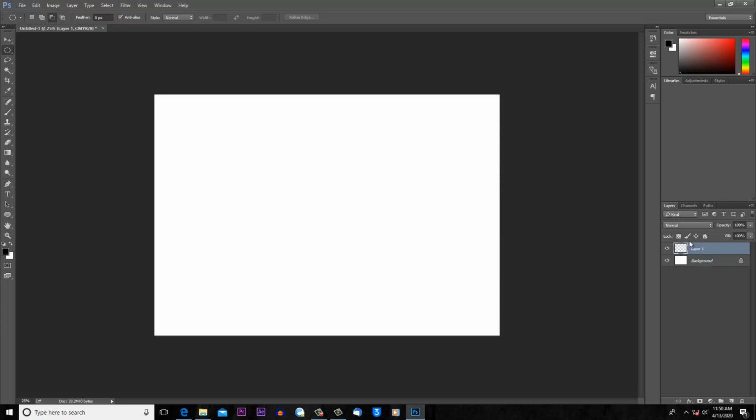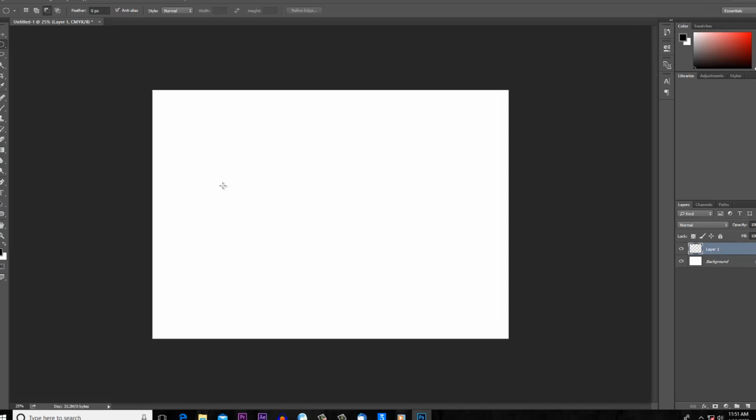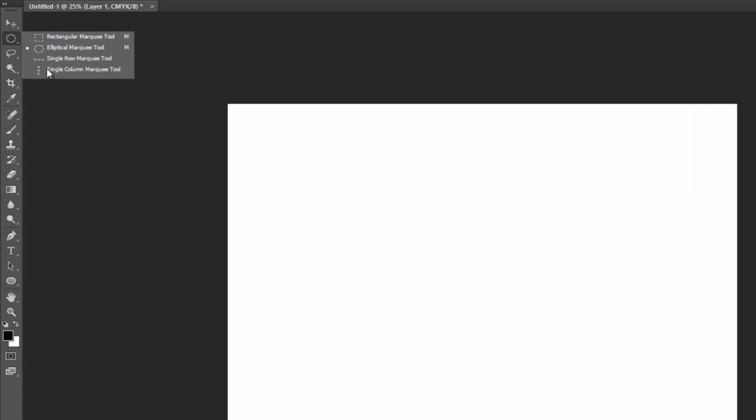Next, on this transparent layer, I am going to play around with the elliptical marquee tool. There might be times you may want to draw something very unique, something that is not within the shapes or the custom shapes. You will be able to use these marquee tools to do those kinds of things.